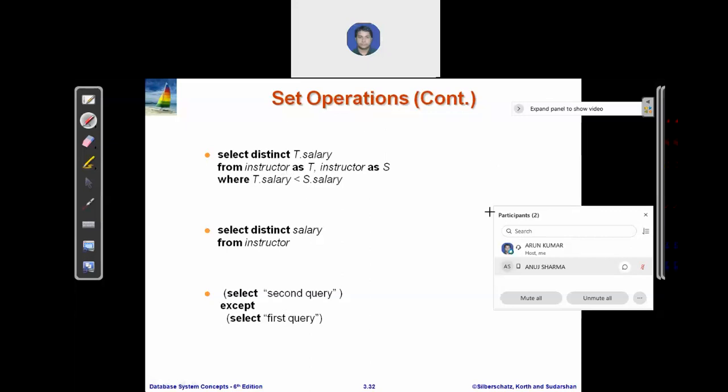If you look carefully at this SQL, it will give you the salaries of instructors that are less than the largest salary.